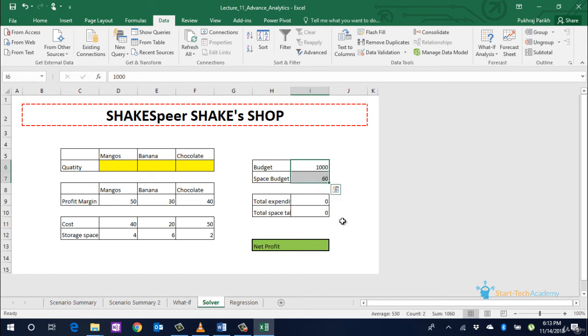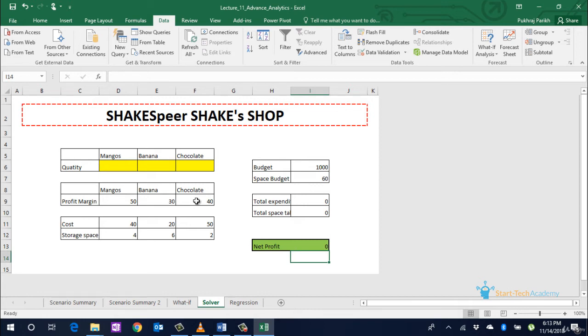And the net profit will be equal to number of glasses of mango shake into profit margin per glass plus number of glasses of banana shake into profit margin plus number of glasses of chocolate shake into profit margin of chocolate. This is also 0. I want to maximize this net profit.